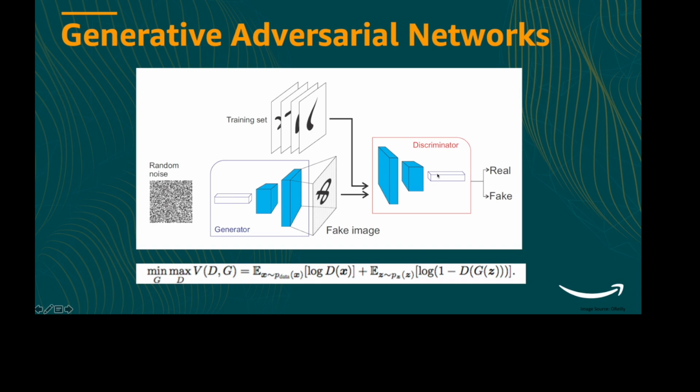Now you see that in this case both generator and discriminator have competing objectives. The generator is trying to fool the discriminator, whereas the discriminator is trying to catch whether the image is real or fake. Its objective is competing with the generator's objective, because the discriminator is not trying to get fooled.